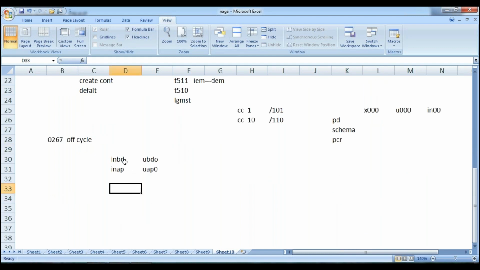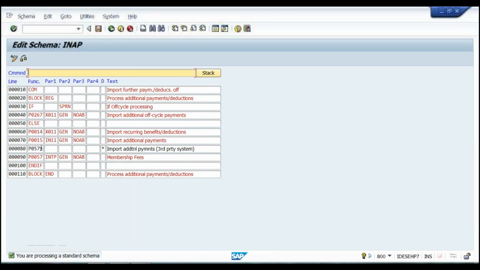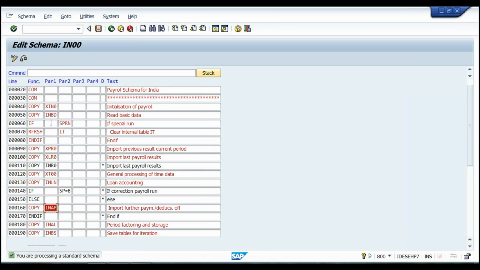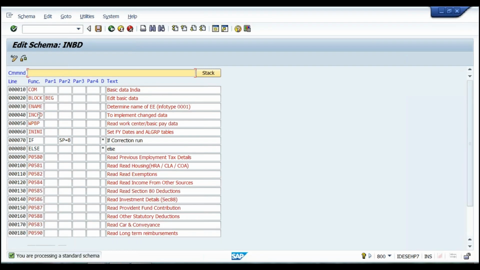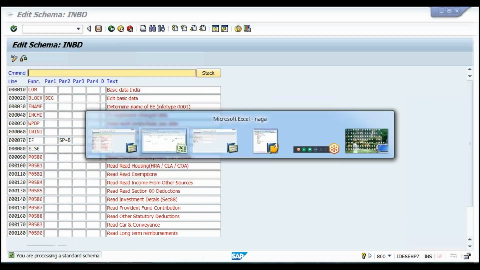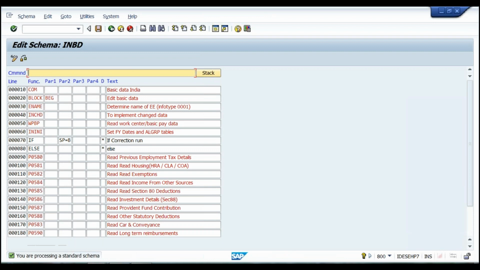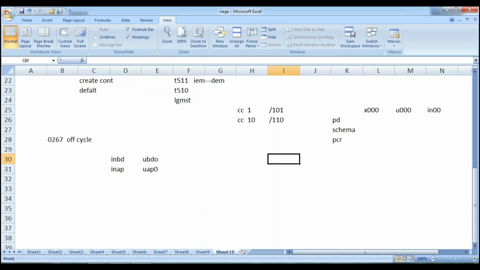Now, what are the functions in Indian payroll? We have so many functions. INBD, these are the functions: ENAME, WPBP, then all infotypes, P0581. These are the functions where we are going to retrieve the data. But in US payroll, we don't have that number, only WPBP. ENAME is very common. Normally in Indian payroll, 0581 to 0591 infotypes are there, but in US payroll,